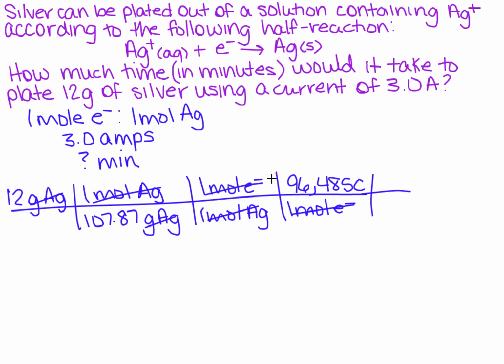Now what? Well, there's a conversion factor that you may or may not be aware of. And it says that for every second, I have 3.0 C's. So those cancel, but now I've got seconds. Okay, that's great, but I don't want seconds, I want minutes. So now I know that in 1 minute, there are 60 seconds. Oh, look, I've got my minutes. I'm so excited. So I need to do this calculation, and I'm going to get